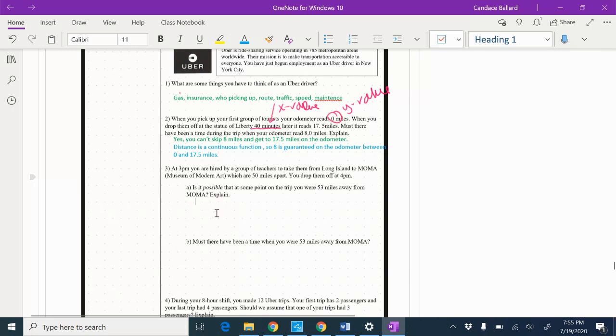If you had taken an alternate route, which may have gotten you there faster because of traffic, it is possible. So yes, it's possible because you may have taken an alternate route. Okay. And then a little bit of commentary on that